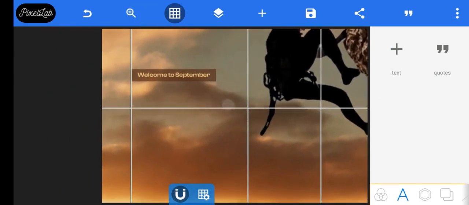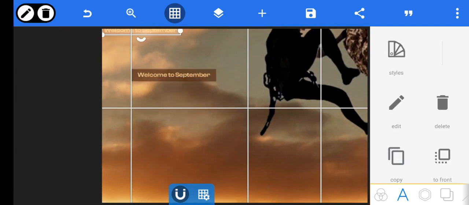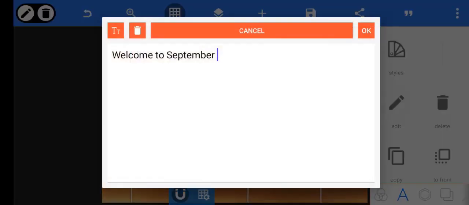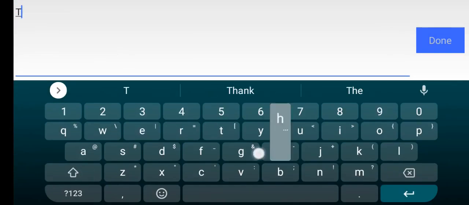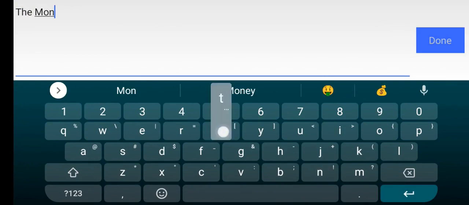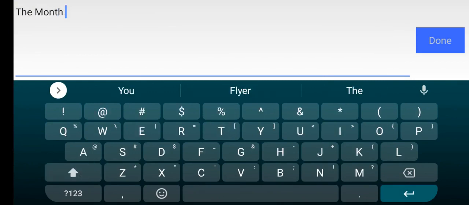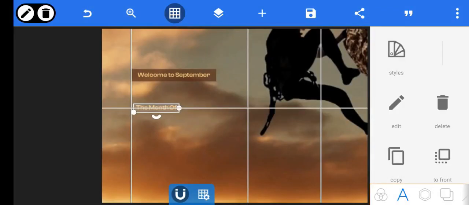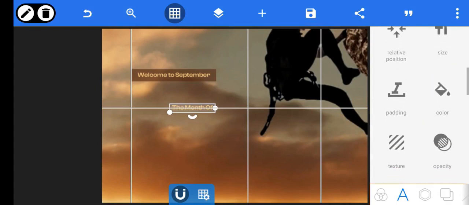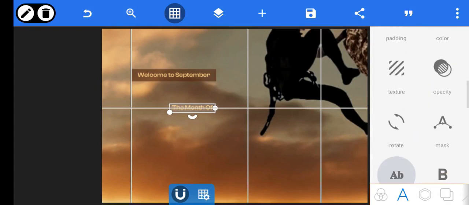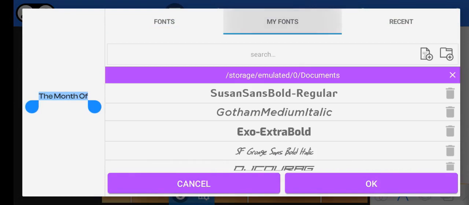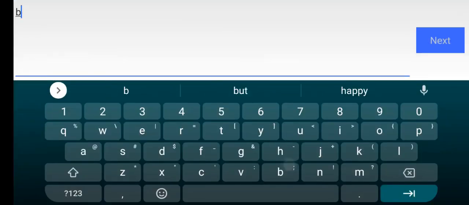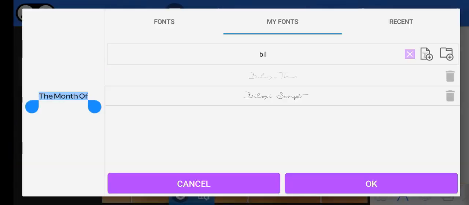Now the next thing for us to do, copy this out again and just put the month of. It's a very simple design, but I want you to understand that you need to just pay attention to some practical details like toning your image to suit what you want and the reasons you add some particular element and all of that. So I'm just going to change this font to Biloxi script. You can check it out online to get it. So Biloxi script,